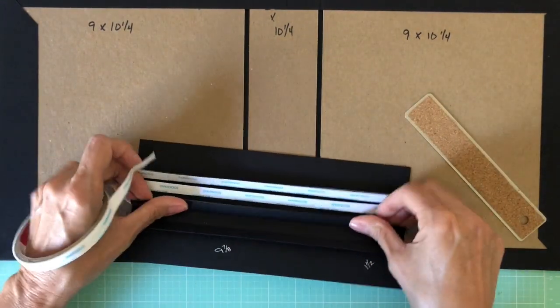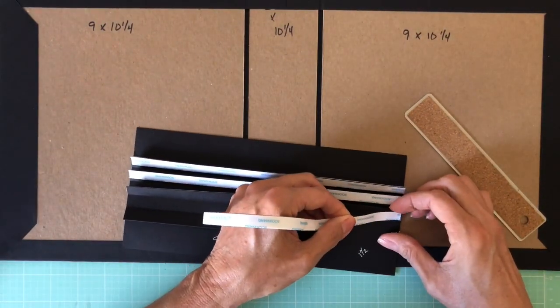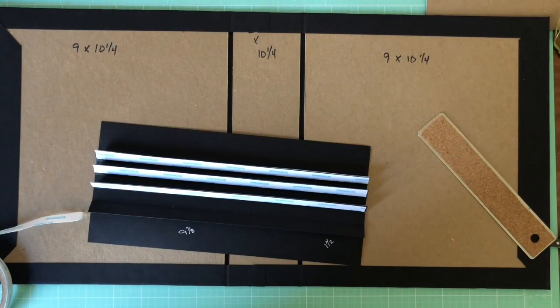This was kind of an interesting album to put together. It's so large. Each page is so large, you can actually have...